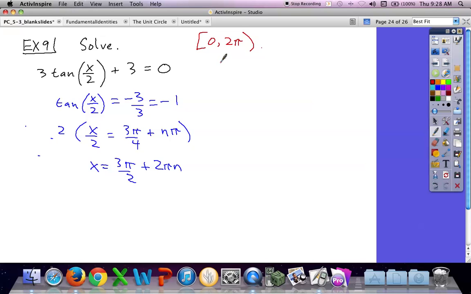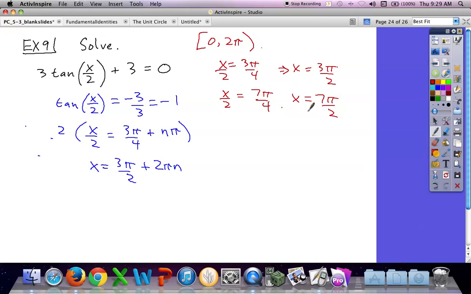3 pi over 4, it actually was x over 2 is 3 pi over 4, and x over 2 equals 7 pi over 4. Right. When I multiply times 2, right, this one becomes 3 pi over 2. But when I multiply this one by 2, I'm going to get 7 pi over 2. And that's not between 0 and 2 pi anymore. Because we multiplied at the last step, we have to discard the second answer because it's not in the domain